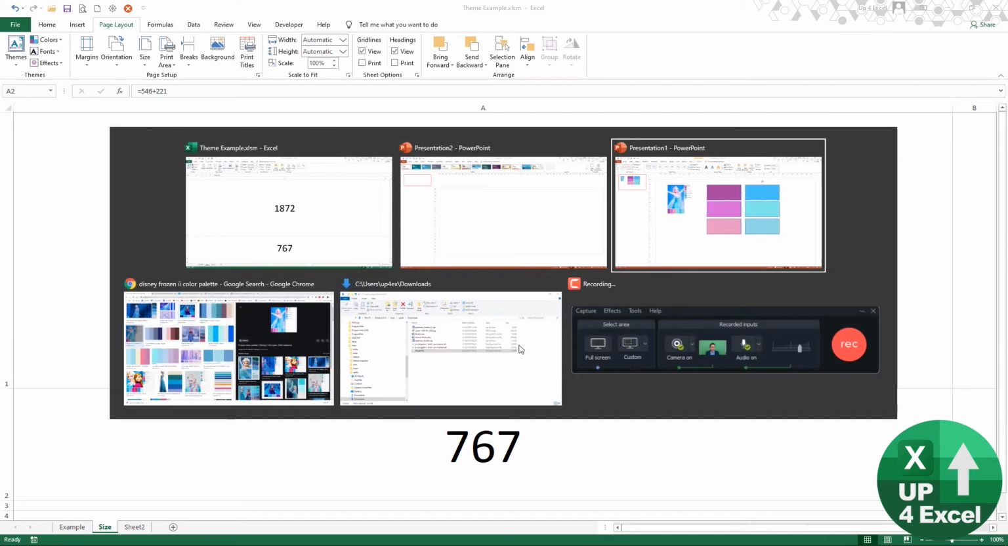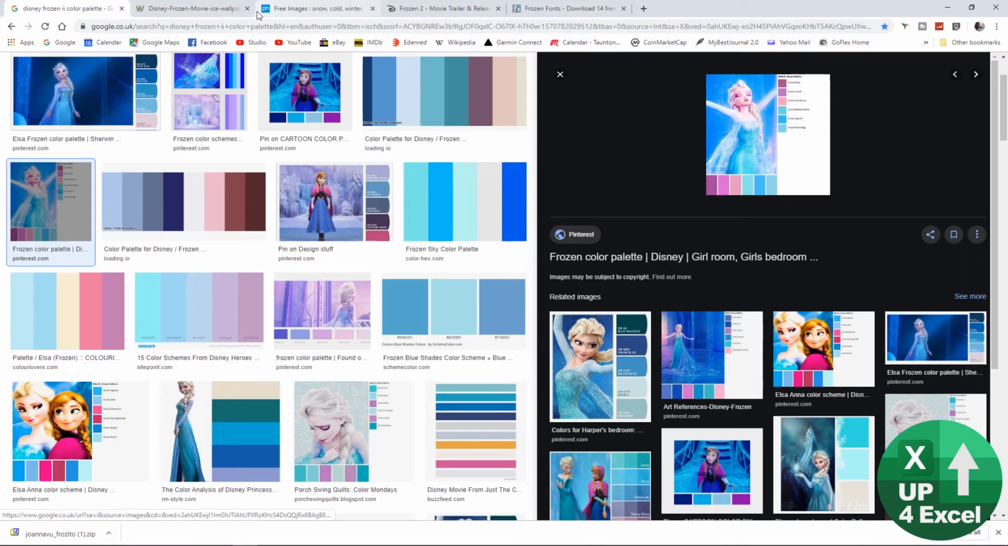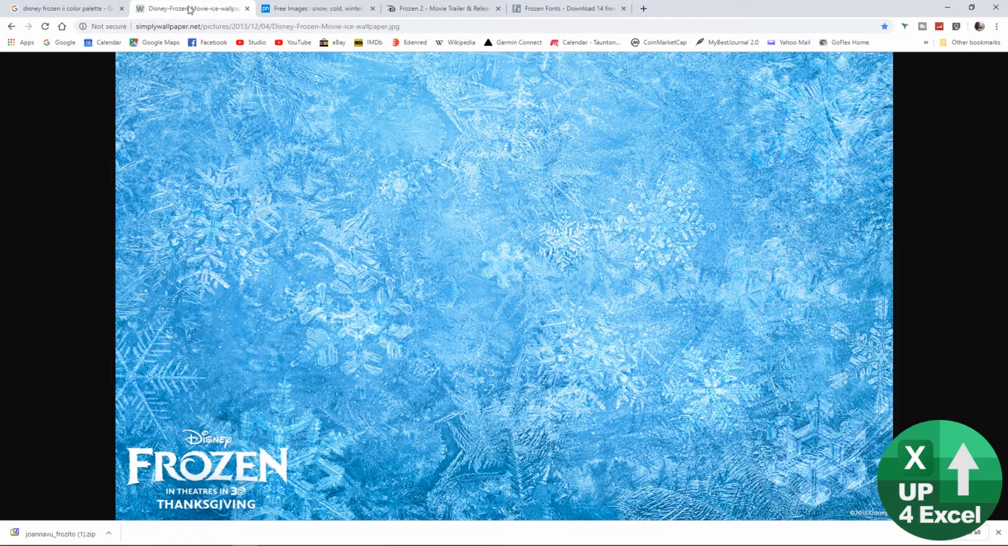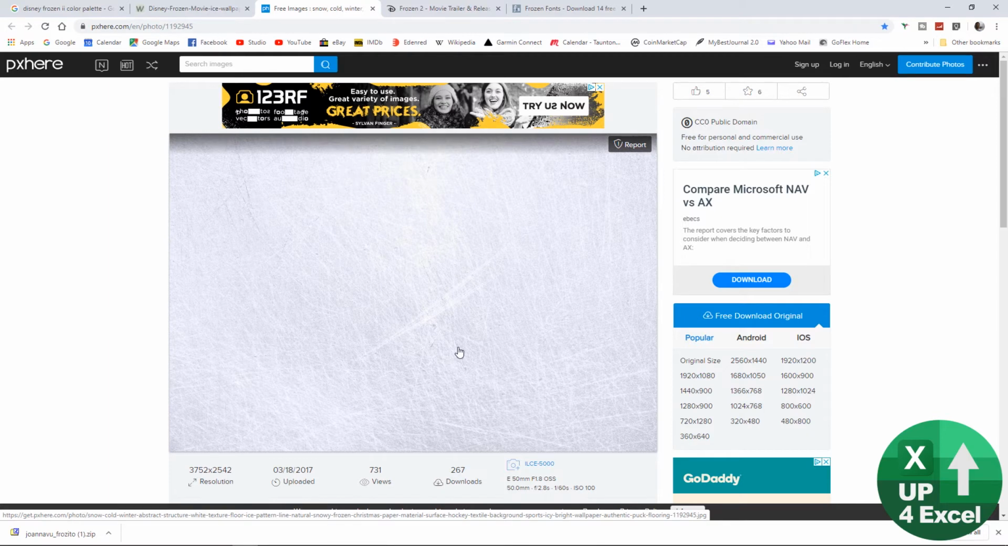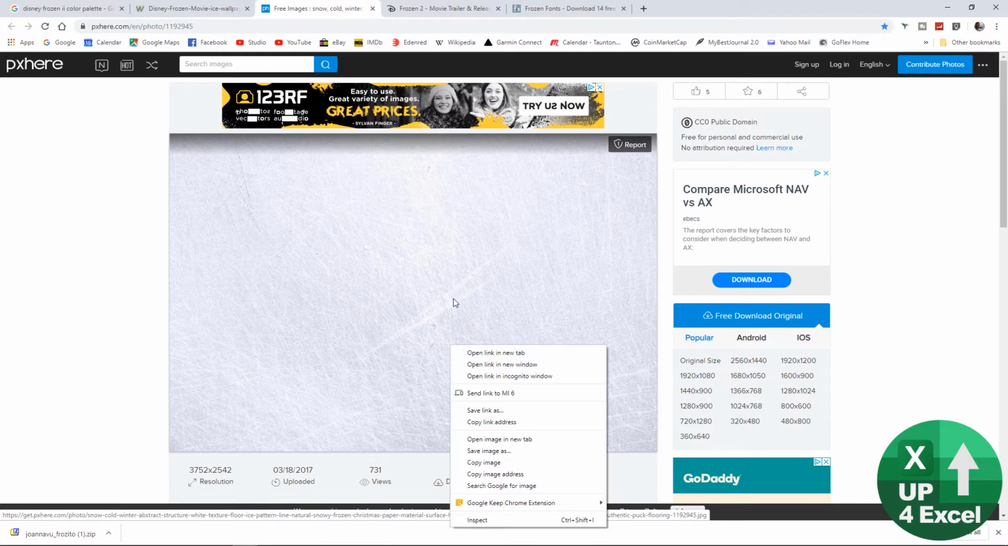So I then go to the internet and do an image search. Now, if you want the exact Frozen theme, you can search for it and you can find this wallpaper, and I'll give you a link to that on screen. But in the interest of copyright infringement, I'm going to use this public domain ice background for demonstration purposes. So what I'm going to do is once you've got this one, you can copy the image